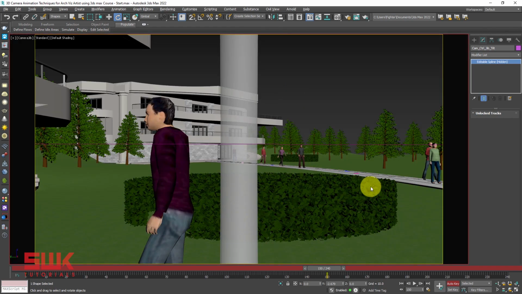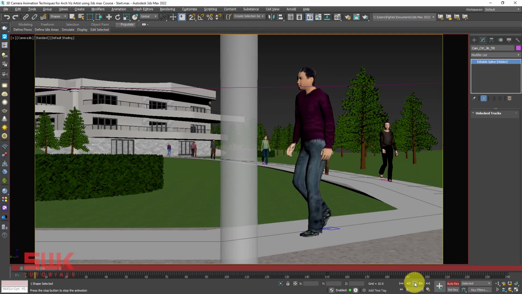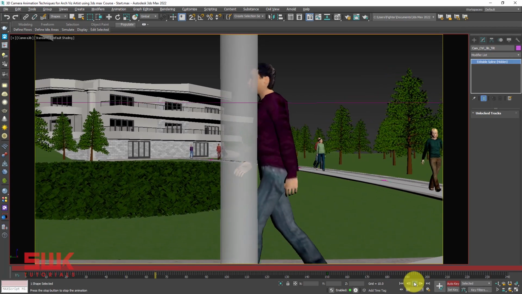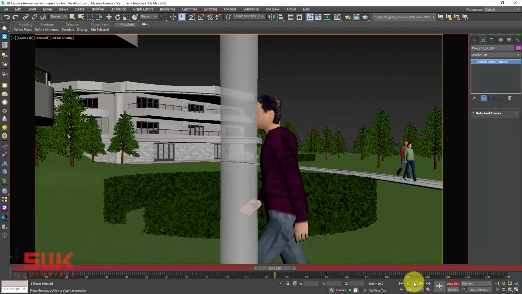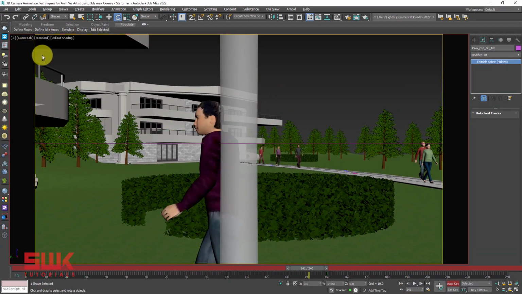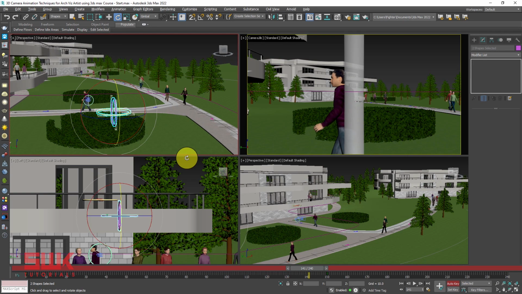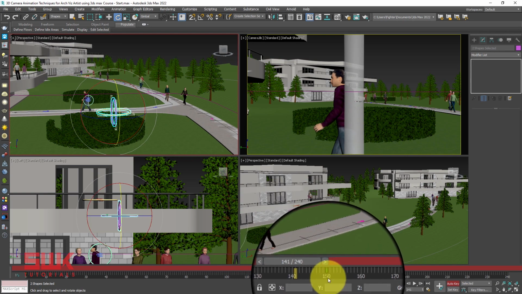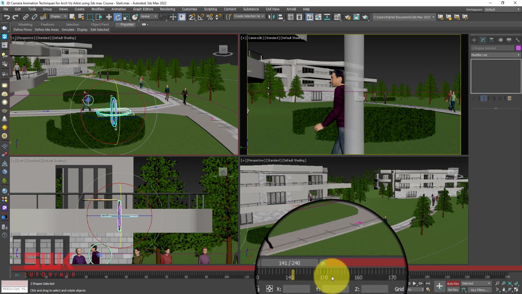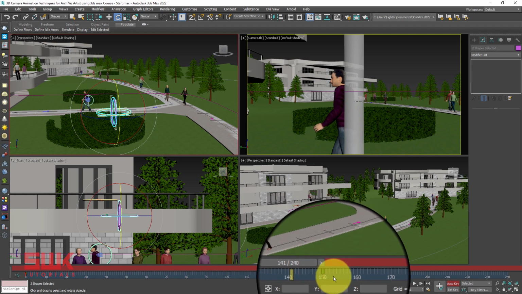Now I will go back and play my animation. And I will pause it. Now I will select both of them like this, and you can see that I have put a key on the 150th frame on both of these controllers, shown by this green dot. It is green because I have only rotated it.